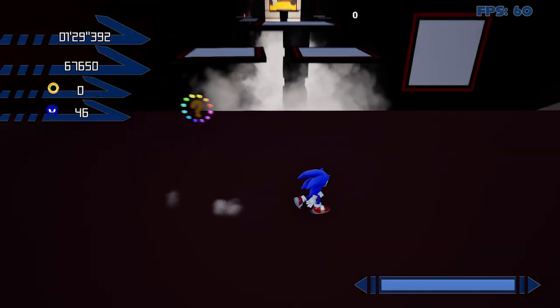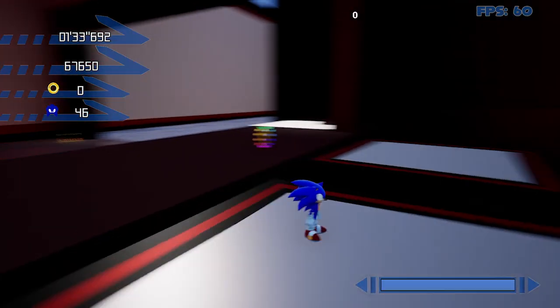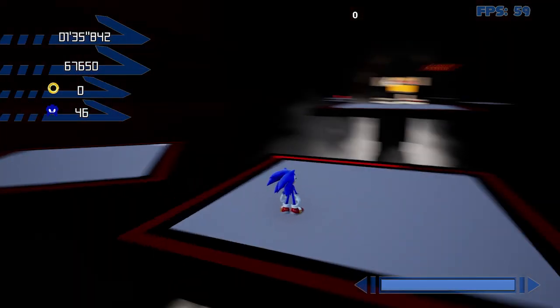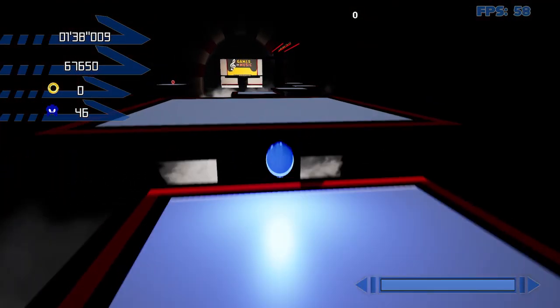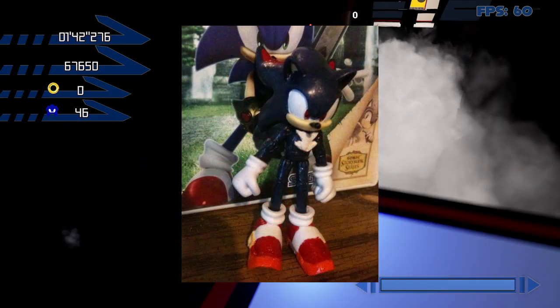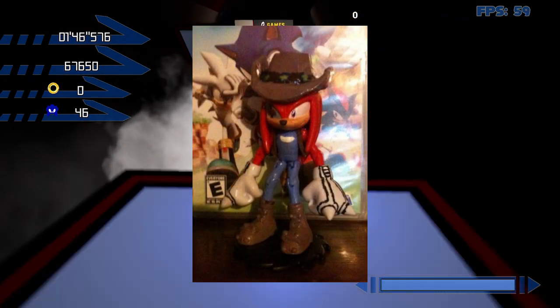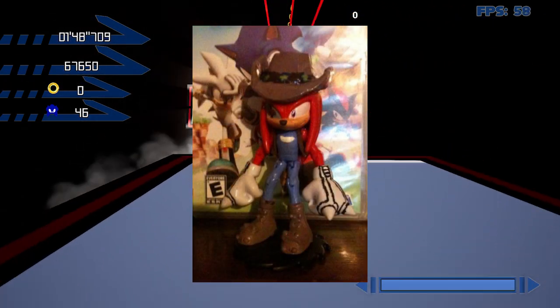Interesting. Another artist whose work I remember is Hyper Shadow 92. He makes figures similar to Wake Angel, but specializes in Jazzwares, and in my opinion, crazier characters. Like, most of these are characters that aren't even canon. He's made stuff like Classic Shadow, Shattuck, which I guess is just Sonic and Shadow combined, plus Hyper Shattuck, Knuckles from the Archie Comics 30 years later arc, so Knuckles 30 years older,